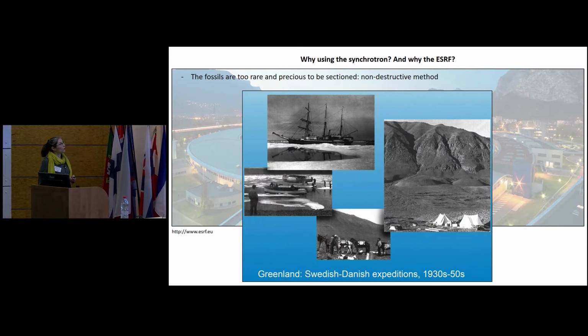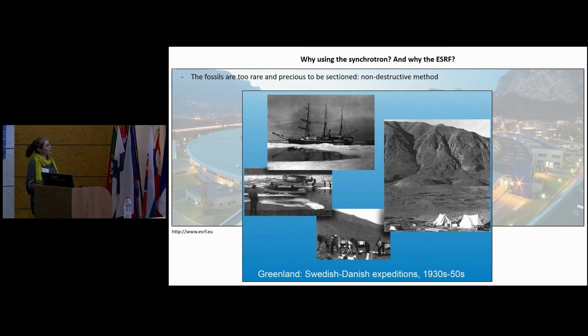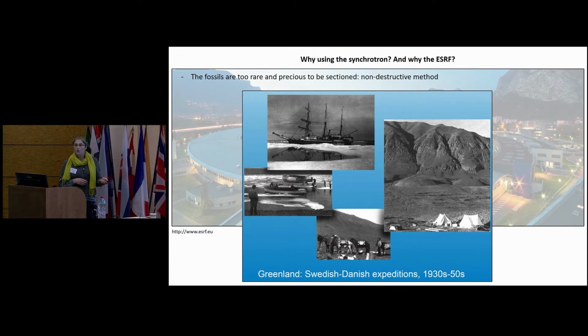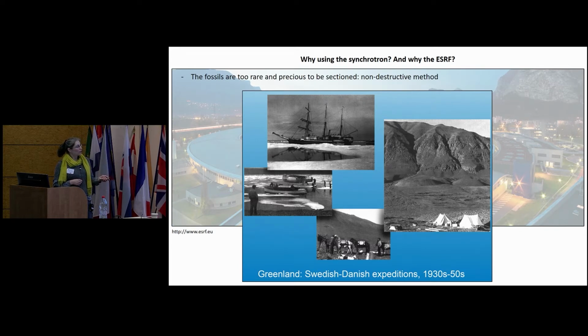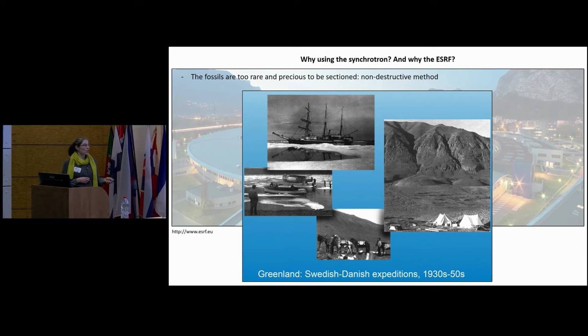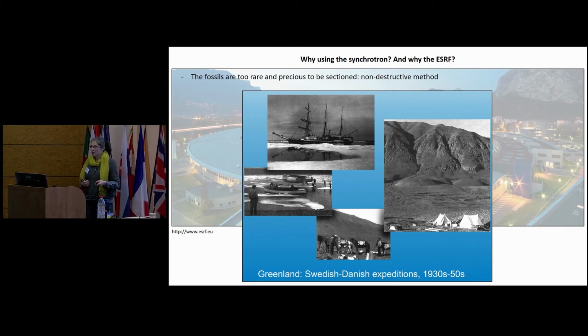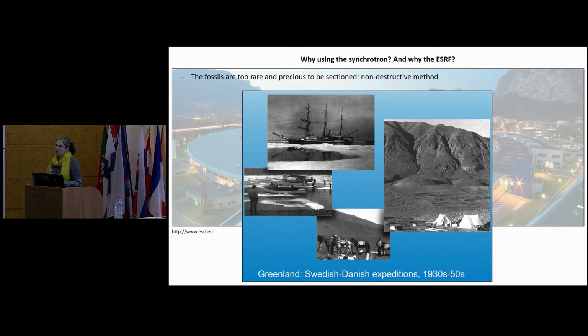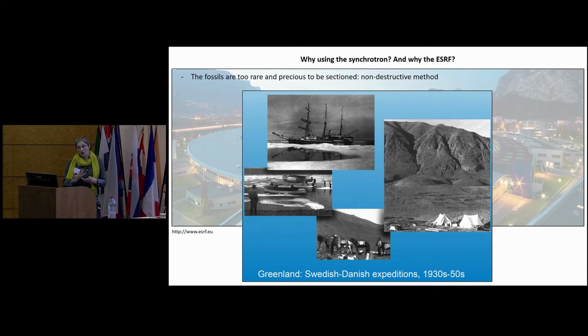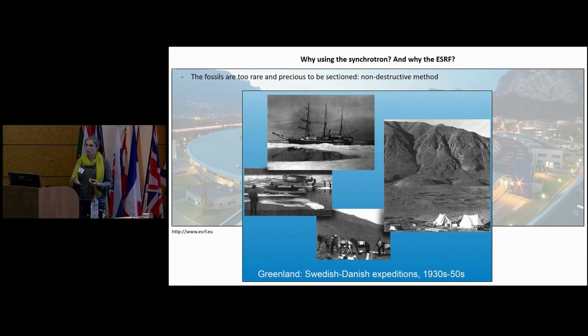Some of the fossils we are investigating for understanding this topic come from very remote localities. Acanthostega, the earliest limb that we have been investigating, comes from Greenland. It's a pretty remote place, and there were Swedish and Danish expeditions in the 50s. It's expensive and asks for a lot of organization. Once you're there, it's remote, you can have a snowstorm, and you have polar bears to handle, so you have to learn how to shoot.